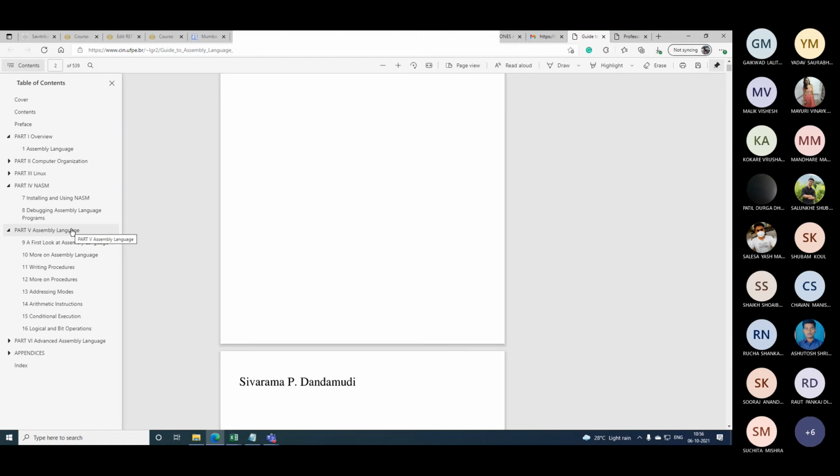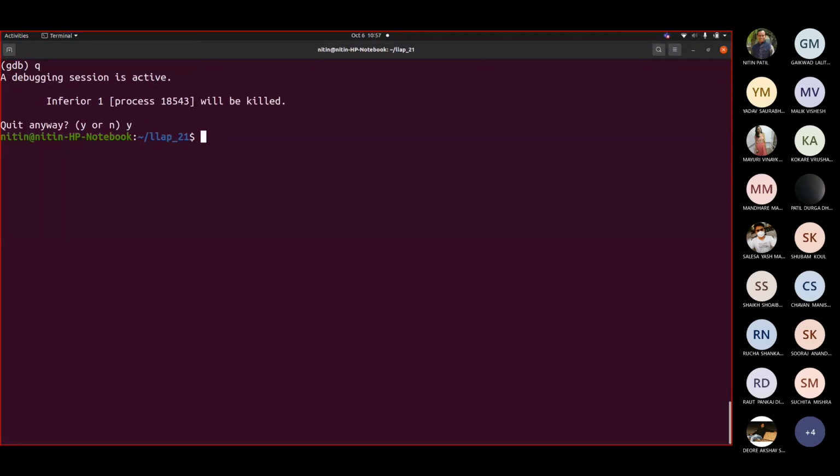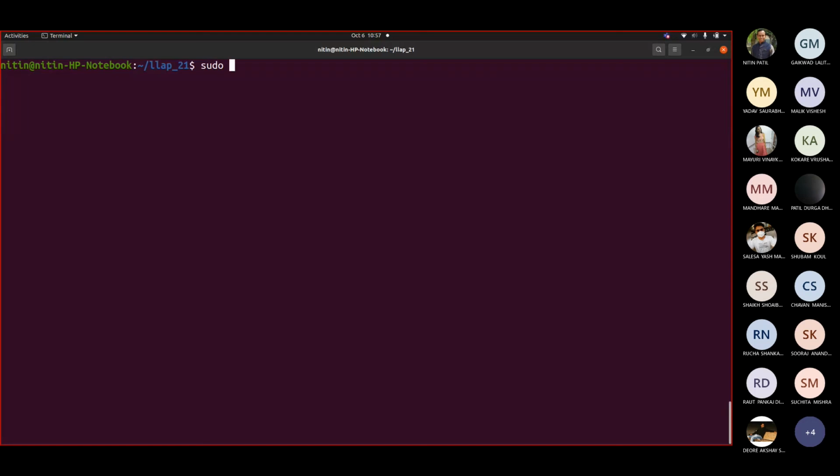So you can directly jump to this if you install NASM. How exactly is NASM to be installed? Let me show you on Linux. You simply write sudo -s, then apt-get install nasm.